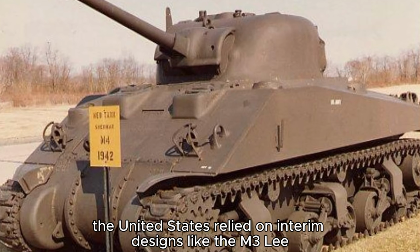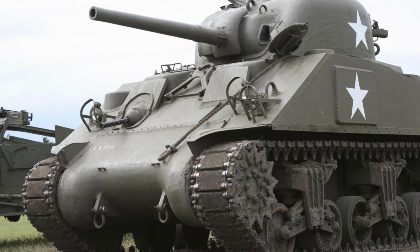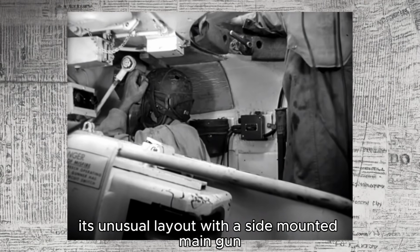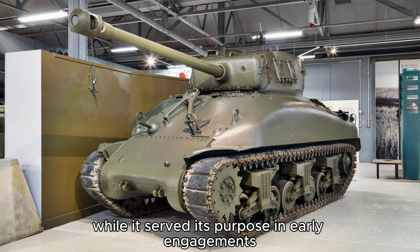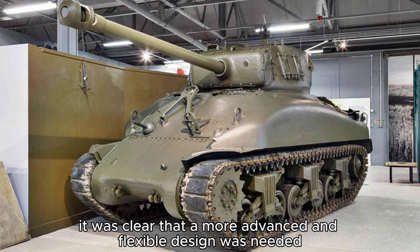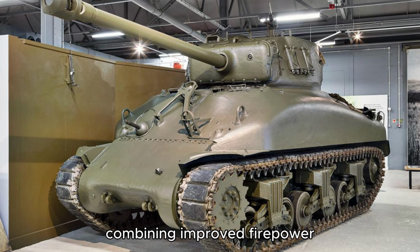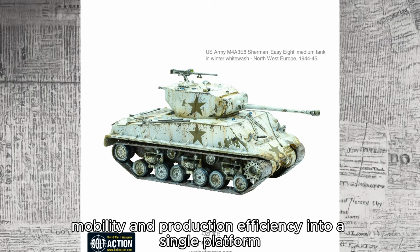Before the Sherman, the United States relied on interim designs like the M3 Lee, a tank that reflected both ingenuity and limitation. Its unusual layout, with a side-mounted main gun, revealed the challenges engineers faced at the time. While it served its purpose in early engagements, it was clear that a more advanced and flexible design was needed. The Sherman would build upon these lessons, combining improved firepower, mobility, and production efficiency into a single platform ready for